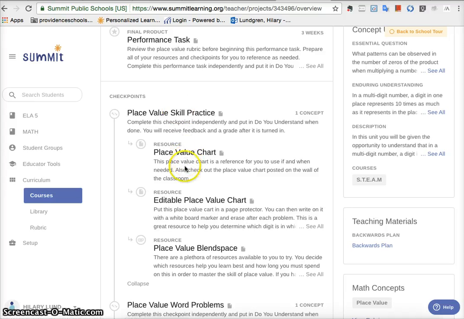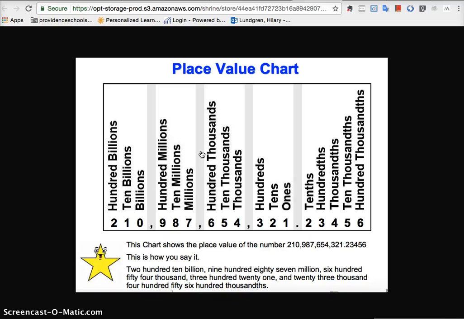So let's take a look at this first one. It says place value chart. This place value chart is a reference for you to use if and when you need it. Also, check out the place value chart posted on the wall of the classroom. So in the classroom, you're also going to see a giant place value chart. This is not something that you actually have to do. This is just a resource for you that you can save in your folder. You can look it over with your team and use it as you're doing this